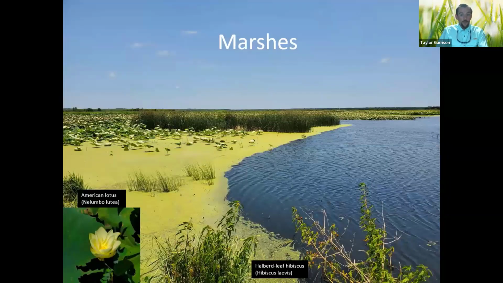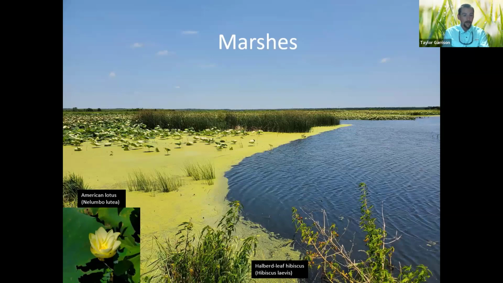Moving on to another wetland at the same area. This one has had some deeper water this spring. And so you can see in the background in that lower left photo, this is American lotus, Nelumbo lutea. So it's one species that is native. It's a really pretty and vibrant flower, but it does occur when you have deeper water situations. So this particular marsh probably had greater than 3 feet of water depth. And now you have a monoculture of this particular species.